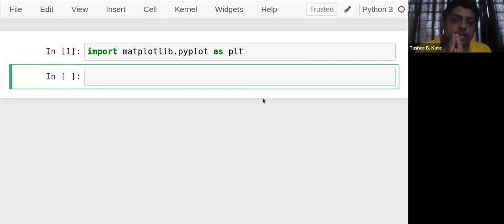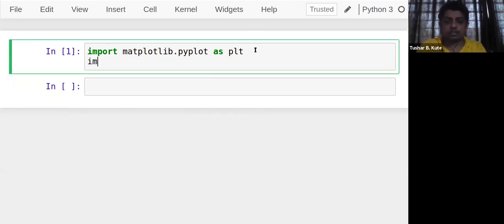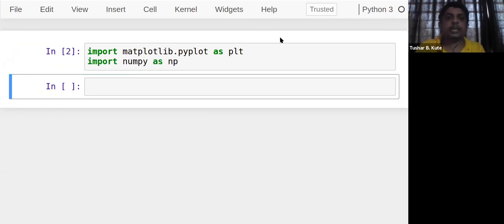As I told, this particular library is basically focused on univariate analysis, meaning a single array. The data should be given in the form of an array, so we'll be making use of arrays here only. Arrays or lists. So let's import the array package. I'm importing numpy as np, and now let's create two different kinds of arrays.